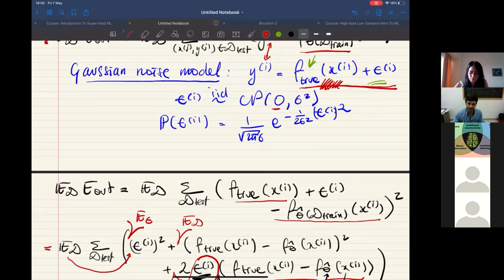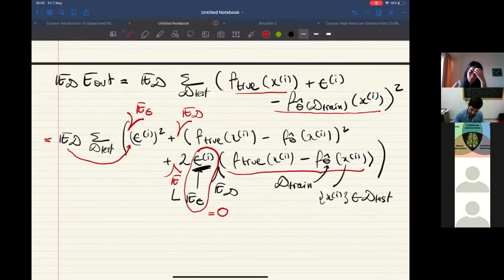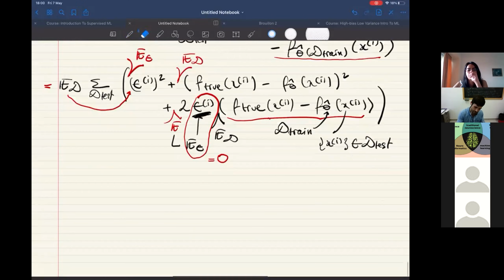It has 0 mean, and it is not correlated to this difference here. So when I average, I obtain 0. Okay, so this is the first step of the proof. Which means that all that simplifies into